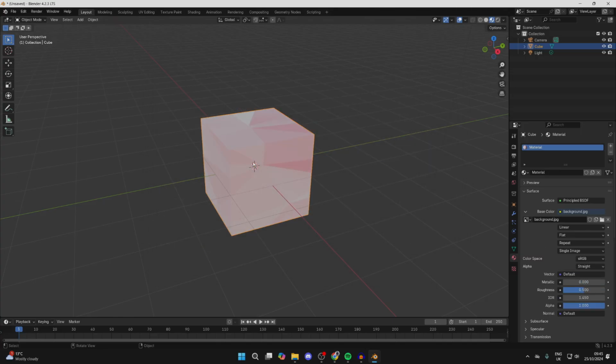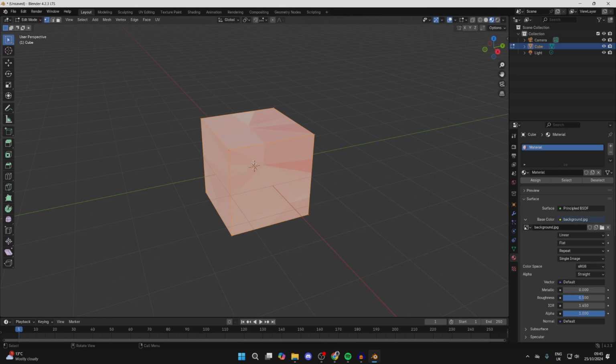Now what we can do is press Tab on the keyboard and then press U, and you can go and choose how the image is displayed essentially. So in this case, I like cube projection,